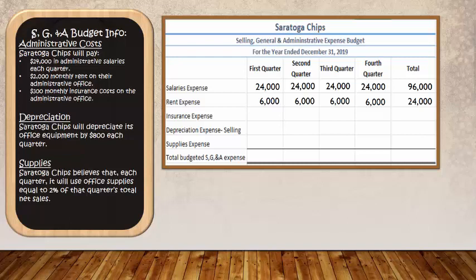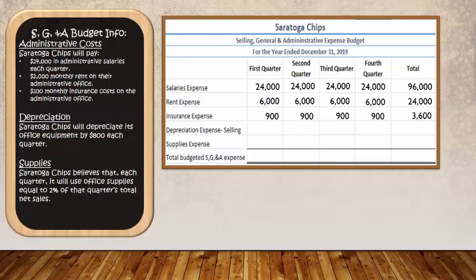For insurance costs, they have a $300 monthly insurance cost on this administrative office. We're going to use the same concept. We're going to take our monthly cost of $300. We're going to multiply by how many months are in the quarter, which is always 3. $300 a month for 3 months means that in the first quarter, Saratoga Chips is going to spend $900 on insurance for their administrative office. And this number is going to be the same each quarter during the year,